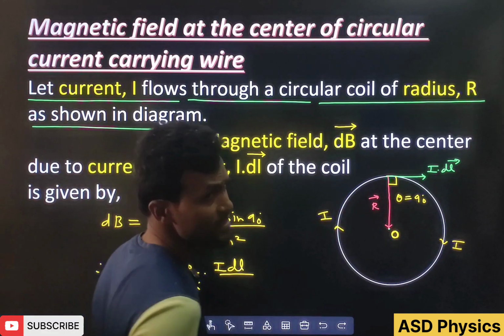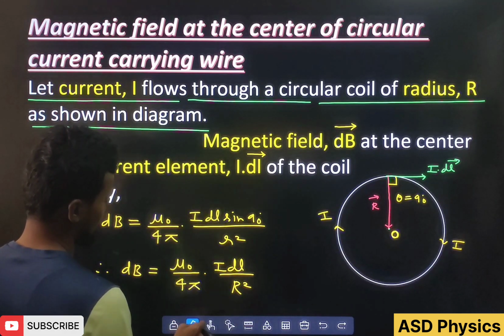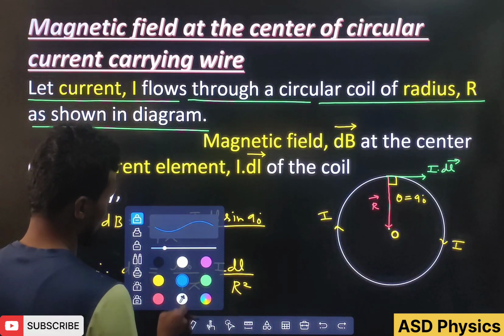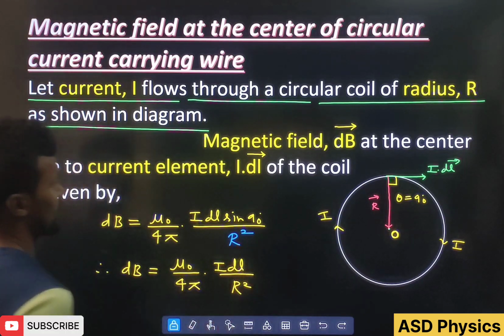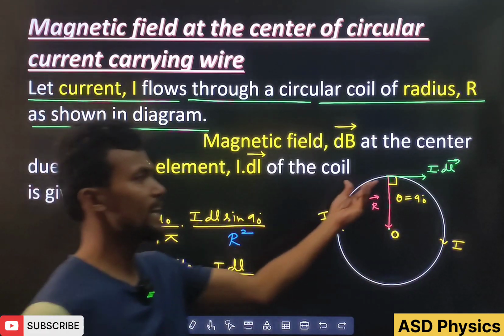by what I have taken here? I have taken here actually the capital R, okay? So I will write here capital R. What I will write here, students? I will write here the capital R here. Is it? Not a small r here, okay? Capital R, is it? So we have written the magnetic field due to this very small element, but what we